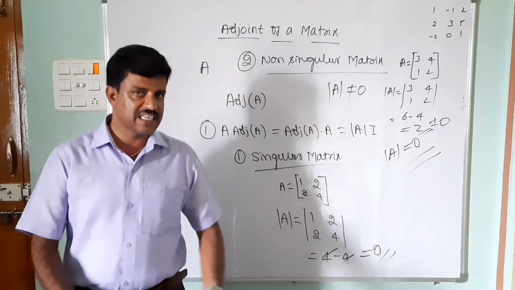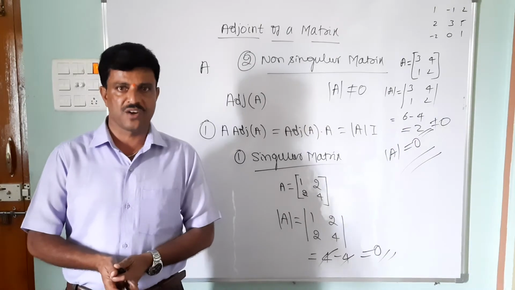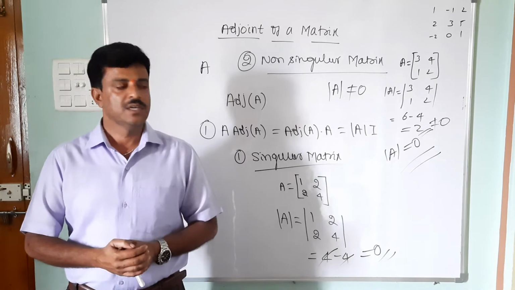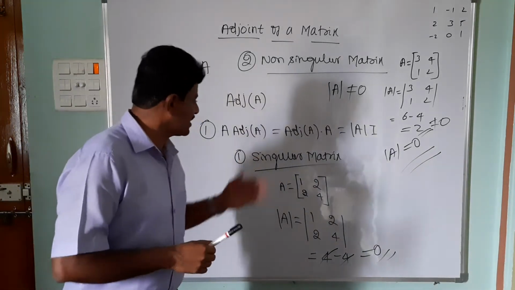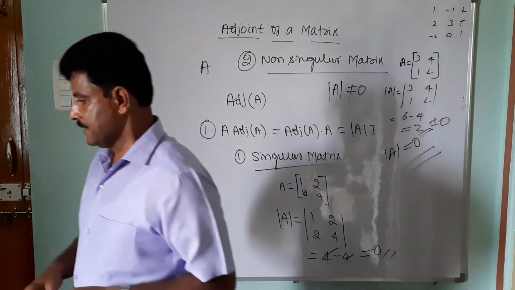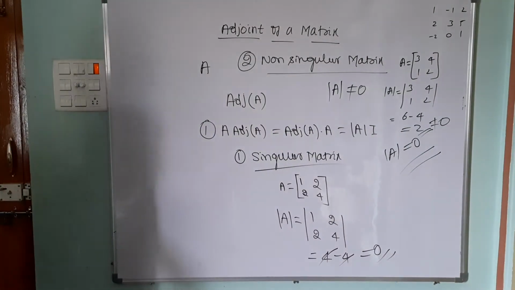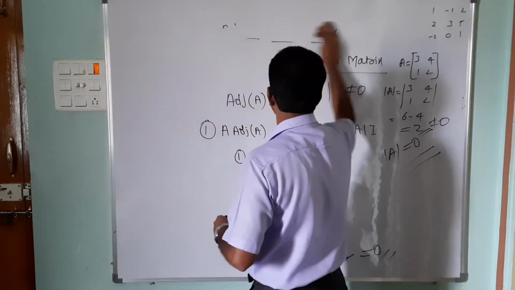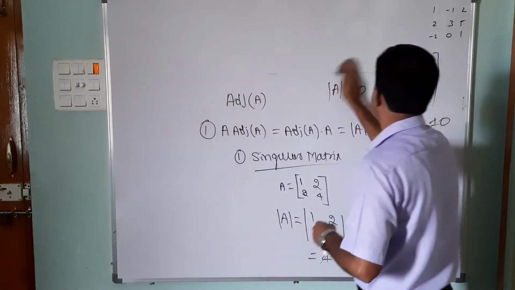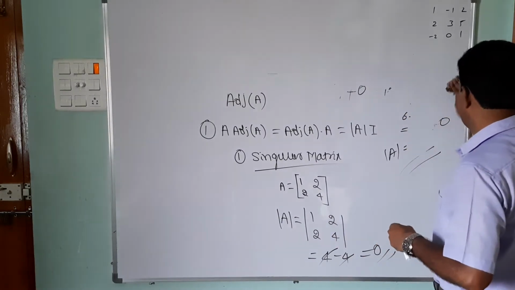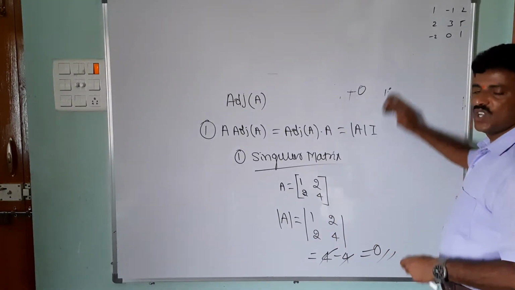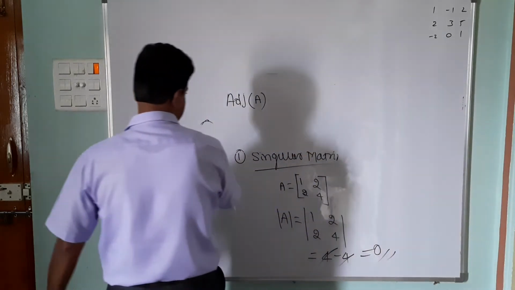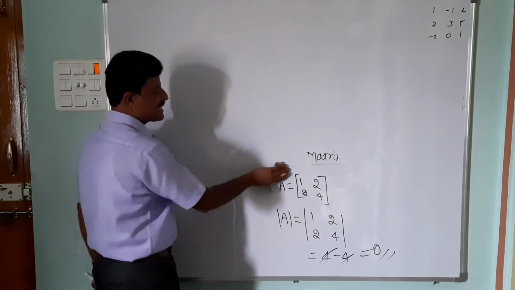Next, I am going to work through some problems involving only the adjoint of a matrix, in exercise 4.5. Find the adjoint of the following matrices. Did you understand adjoint of a matrix, its properties, singular matrix and non-singular matrix? Next, I am going to simplifications of adjoint of a matrix, otherwise evaluating the adjoint of some matrix A or matrix B or matrix C.